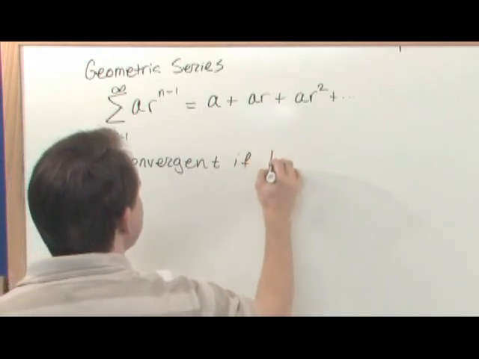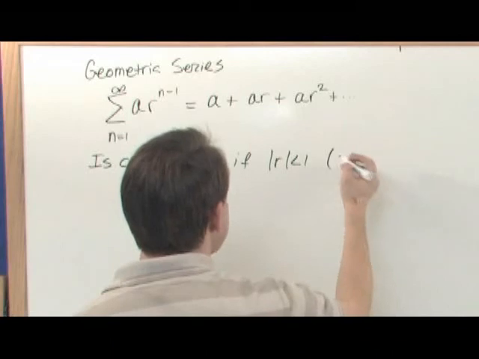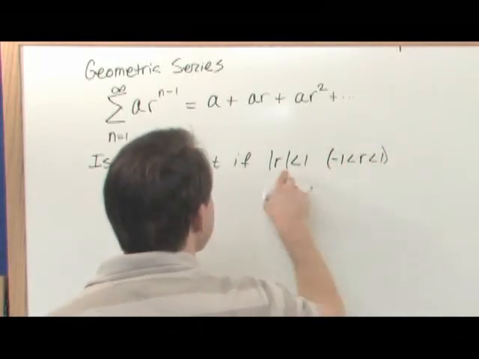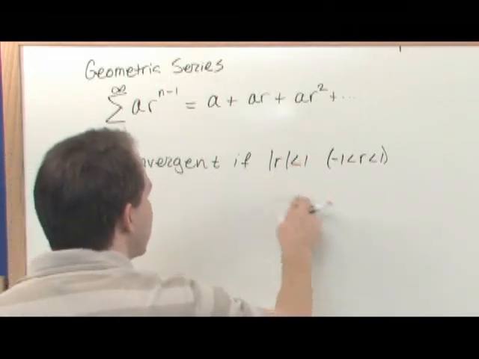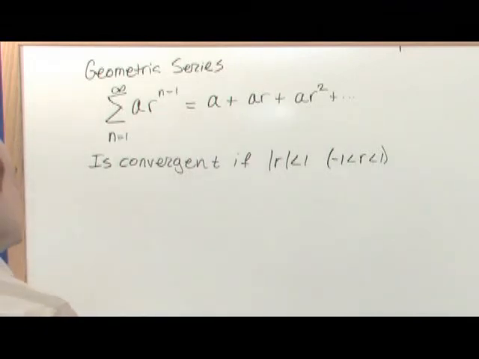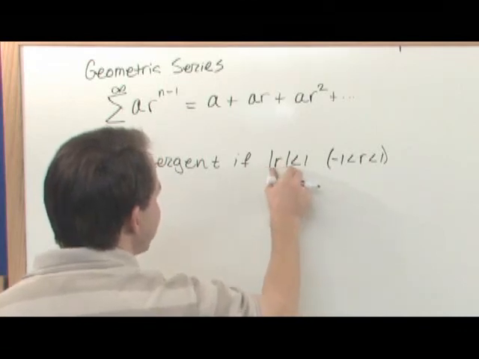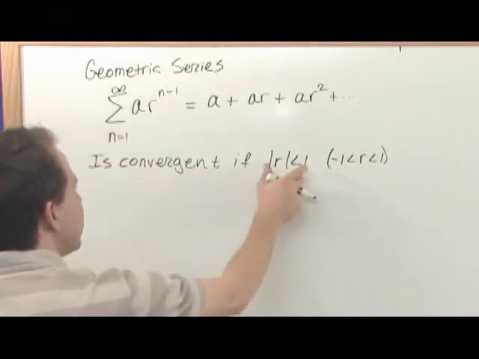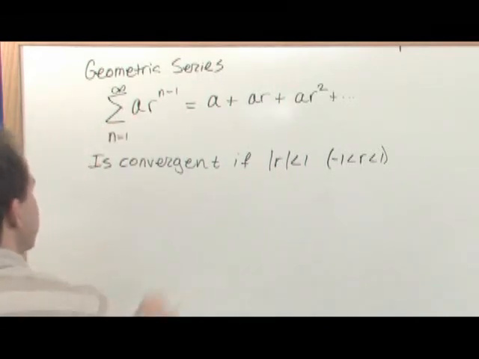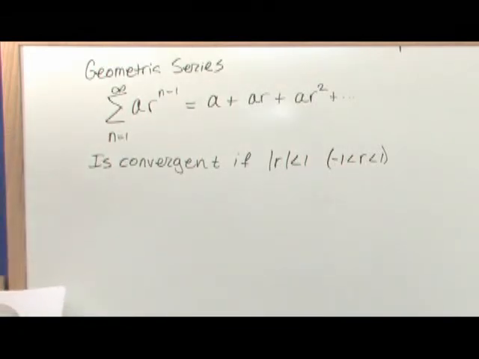if the absolute value of R is less than 1, which, if that looks a little bit foreign to you, all this means is R is between -1 and 1. If you put -1 in here, or some negative number in here, and you take the absolute value, it is going to be less than 1. So this is a shorthand way of writing this. So this series is convergent if the absolute value of R is less than 1, in other words, R is between -1 and 1, just like before, and its sum,